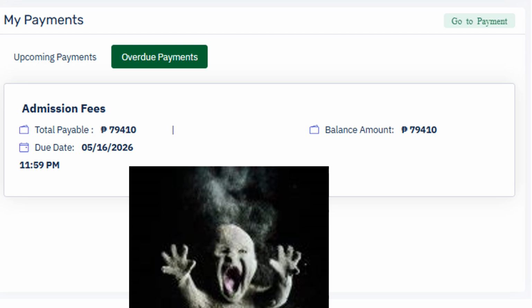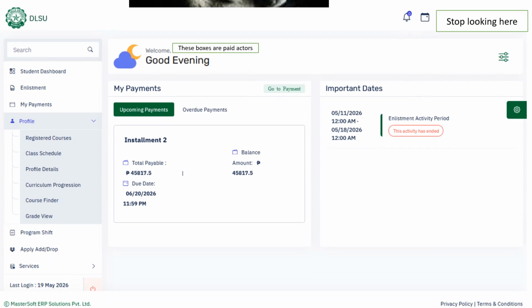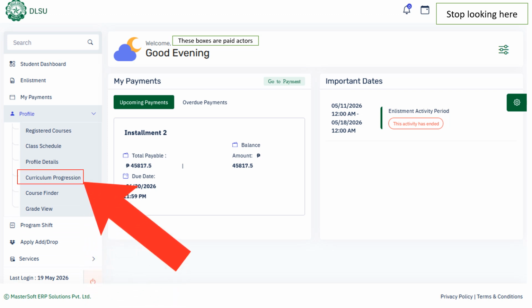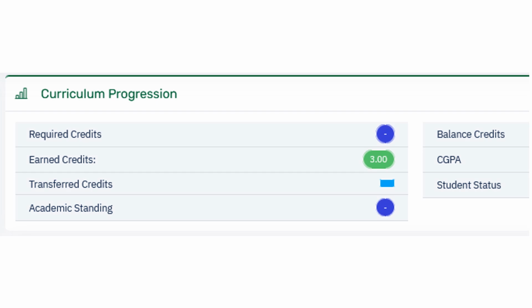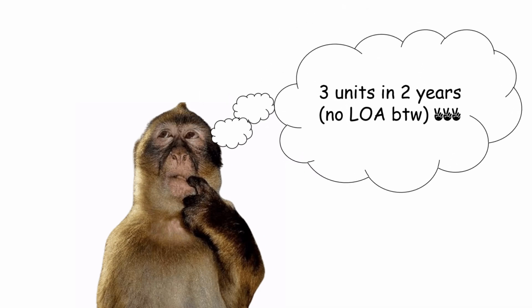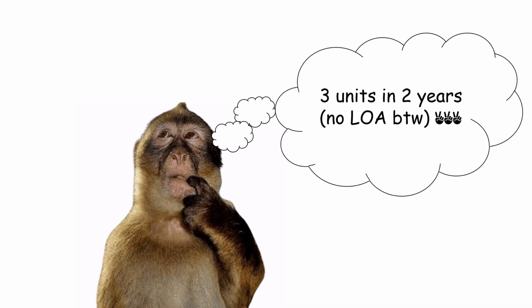Enough about the present disappointments. I want to see a bit of my past. My past units, to see what subjects I've finished and what subjects finished me. Oh, I've spent 2 years here, but I think even just 3 total units throughout my stay is a bit too small for how many units should be credited. Switch over to the My Payments tab.